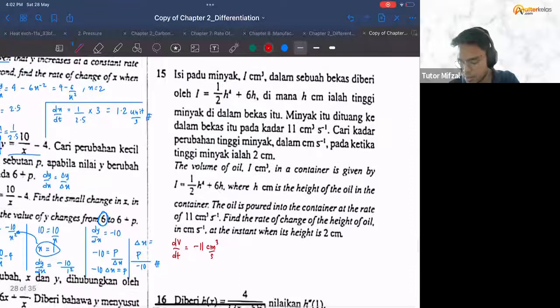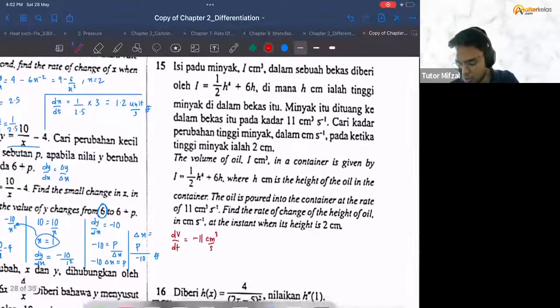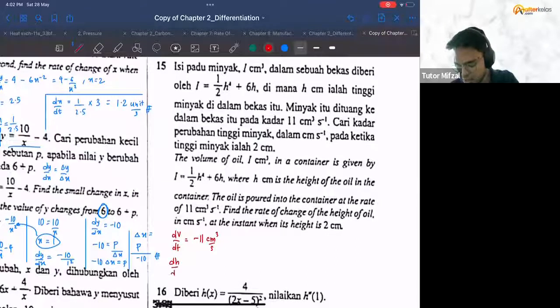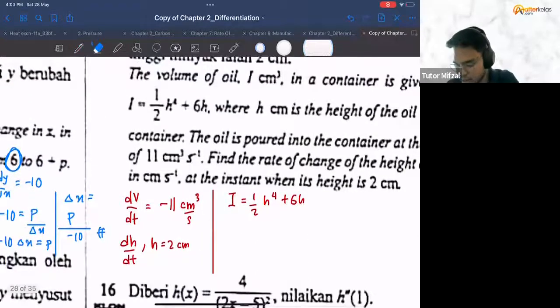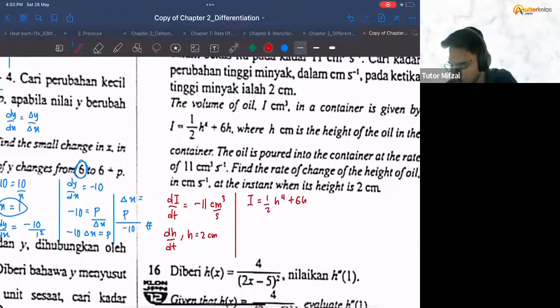And then they want us to find the rate of change of the height of the oil. So we want to find dh over dt when h is equal to 2 centimeter. And lastly, we need the formula, which is V equals 1 over 2 h to the power of 4 plus 6h. Now, the volume earlier was V, so we replace it. So we get dV over dh